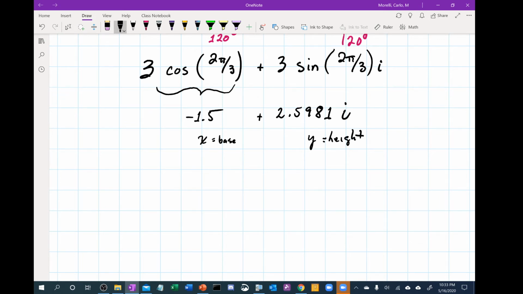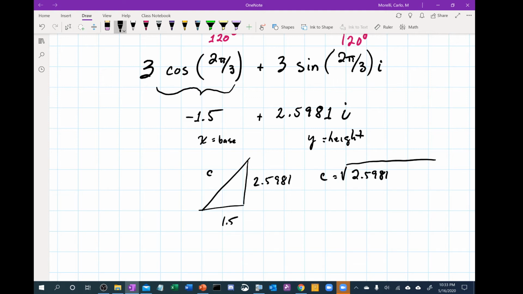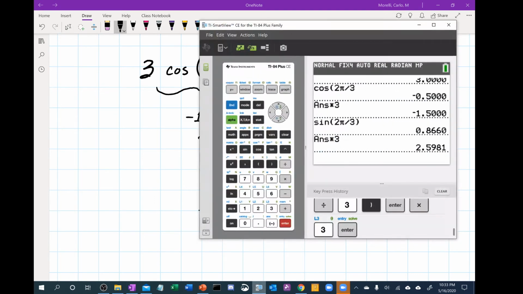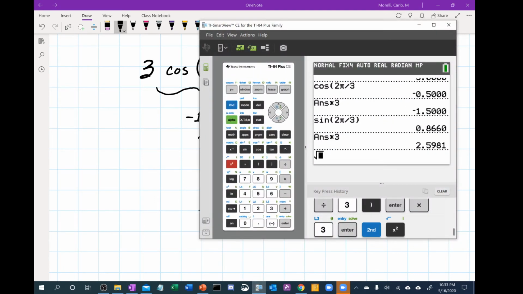And so if you were trying to find the magnitude of a vector and you knew that its base was negative 1.5, well, we just take the absolute value, and the height was 2.5981, and you wanted to know c, it would just equal the square root of 2.5981 squared plus 1.5 squared. So we'll go ahead and put square root of that squared